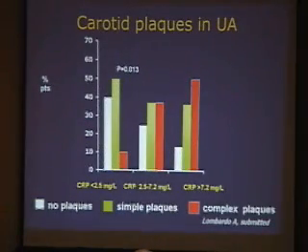That's not only the case, but this is a paper that has just been submitted, presented last year by Antonella Lombardo from our group, that shows that carotid plaques are more often complex in patients that have unstable angina and elevated CRP than simple plaques. In patients with low CRP, carotid plaques are more often simple, there are no plaques or simple plaques, and very seldom are there complicated plaques by echo in unstable patients with low CRP.